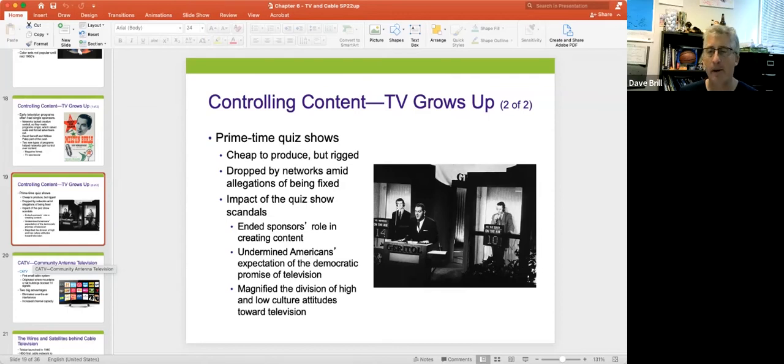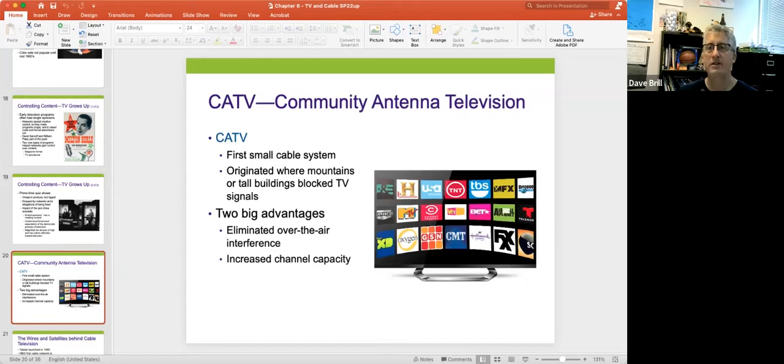And then they started coming back. We had one in the late 90s, early 2000s, Who Wants to Be a Millionaire? But basically the idea of a quiz show sort of fell off for a while. All right. Let's talk about cable television, because when we talk about television evolution and history,